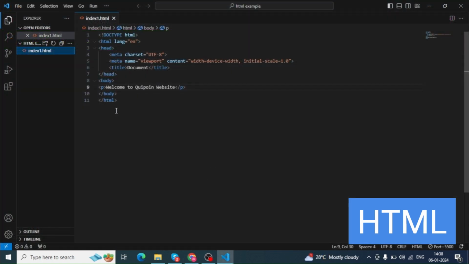Here in the body tag I took one paragraph. Inside the paragraph I have written, welcome to QPoint website. I will apply the anchor tag to the text QPoint website only. Here,